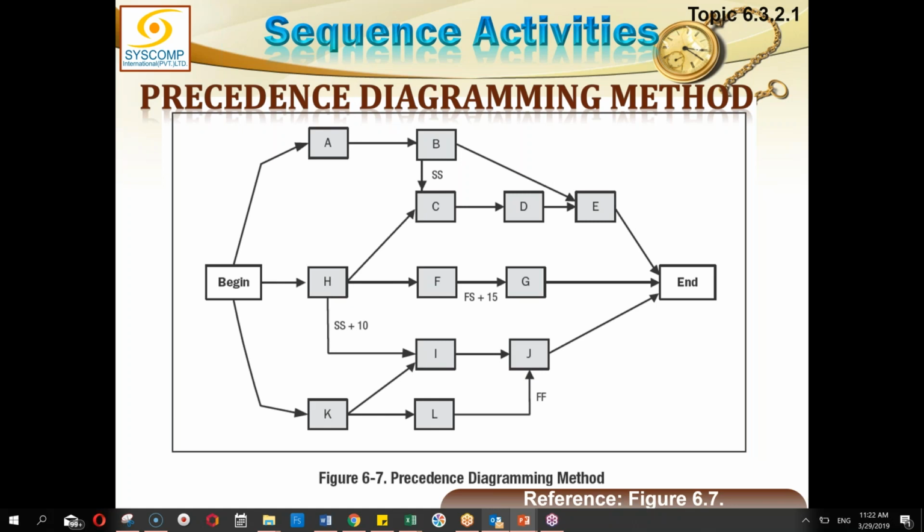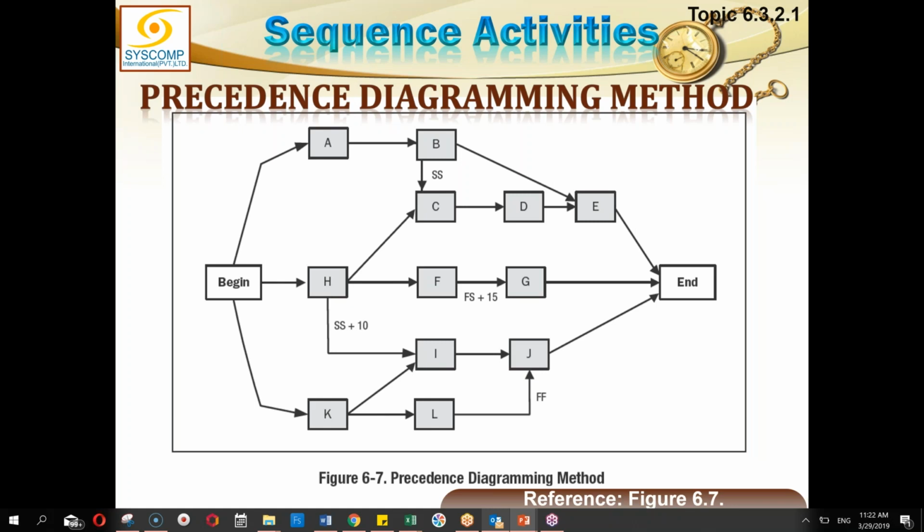Are you with me? Yes, I am with you. Just one doubt that I have is, let's take the example of this box C. For C to start, it has two inputs. One is finish to start from H, and one is start to start from B. Individually they are clear to me. The only question is, is it an AND relationship, that for C to start, H has to finish and B has to start? Or is it an OR condition, that if any of those conditions are met, I can start C? No. It is an AND condition